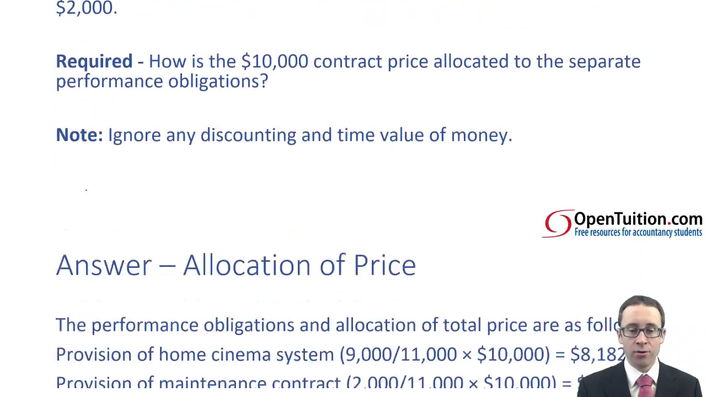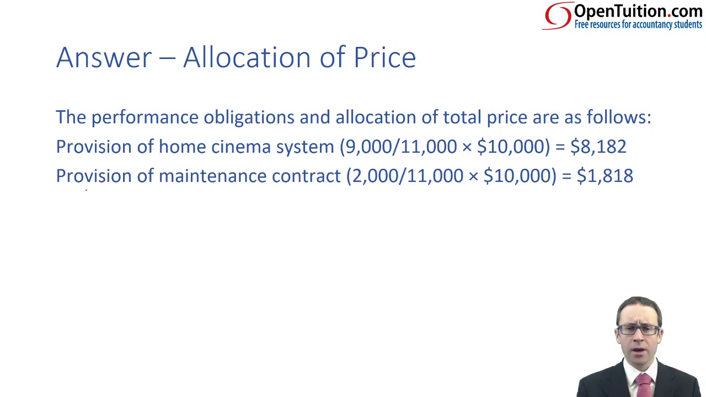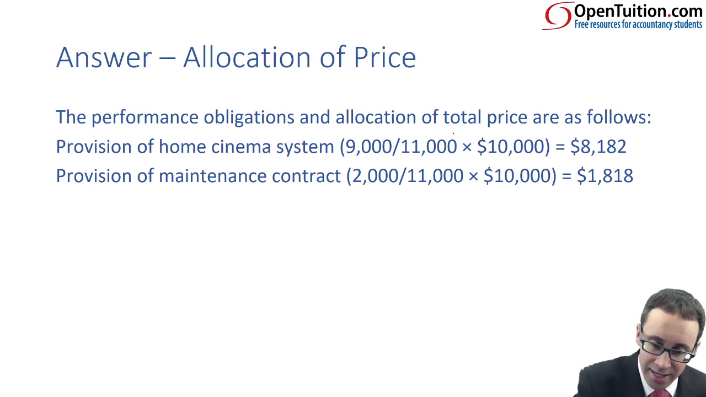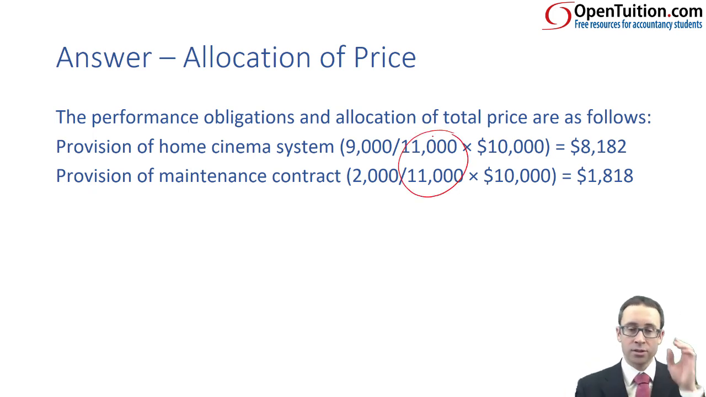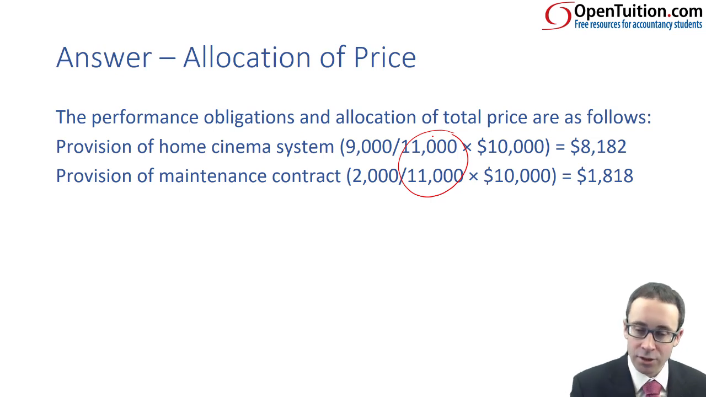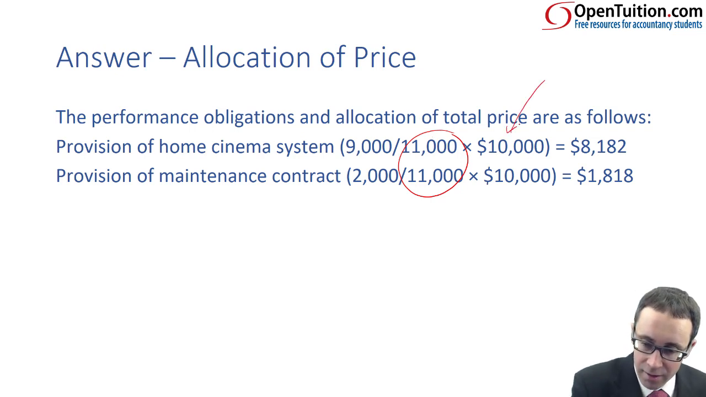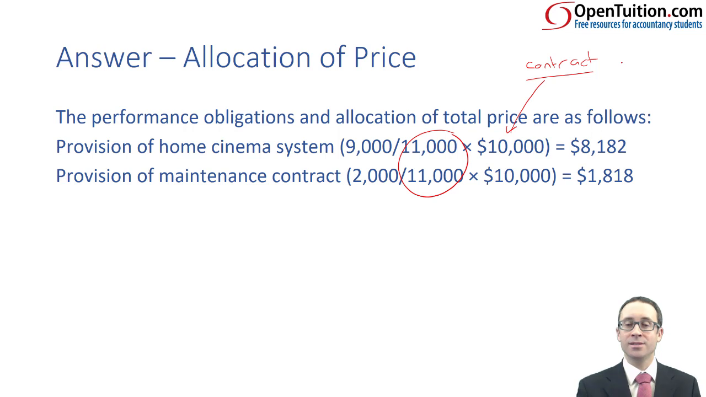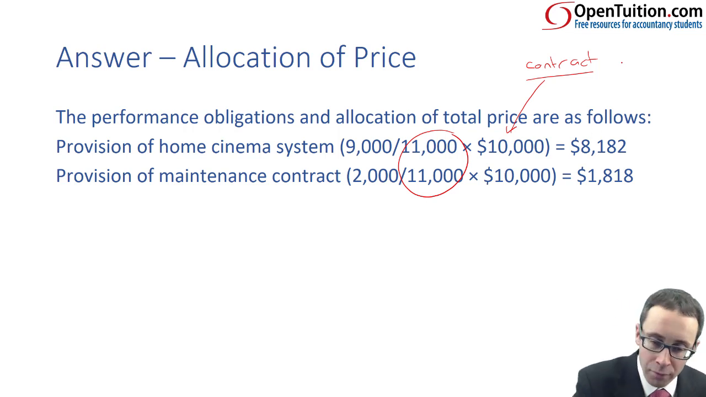So let's go through and just have a look at it there. So we've got the two performance obligations, haven't we? Provision of the home cinema system or entertainment system, and the repairs and maintenance contract. The total standalone price there is 11, so the 9 plus the 2. The transaction price, so the price that you have there within the contract, is there as 10, isn't it? And if you do 9,000, which is the standalone price,